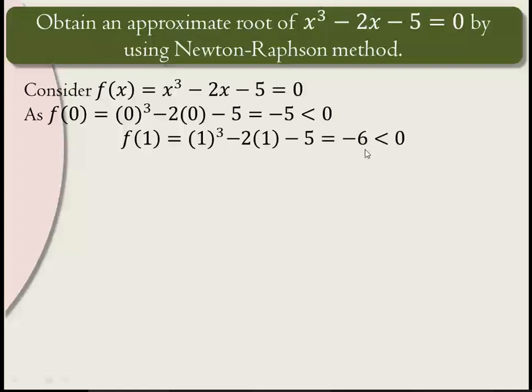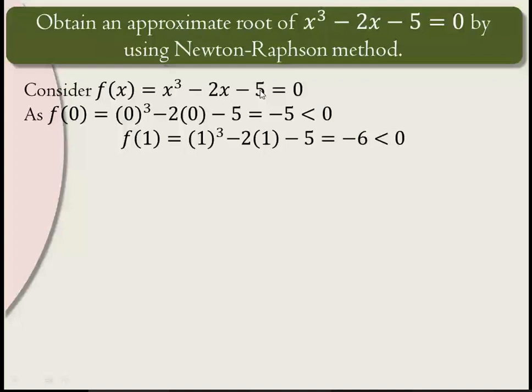On Calc, you can easily do this calculation because in the calculator we can insert equations. There is a facility of inserting the equation. You can insert alphabets also, x cubed minus 2x minus 5. Insert such an equation and press the calculate button. There you can put 0, 1, 2, and we get these values directly. Not every time do you have to put this equation in Calc. Once you set this function, you can easily check these values.